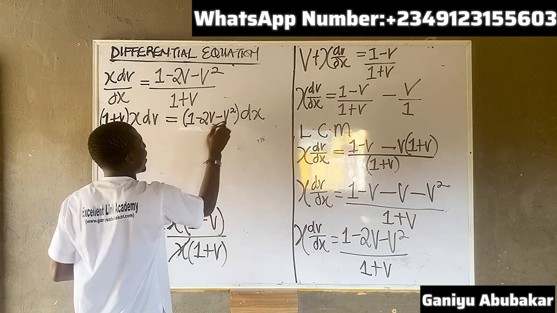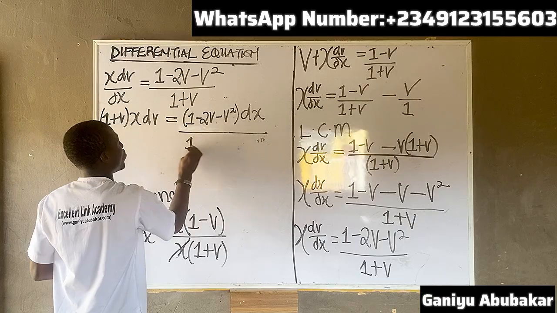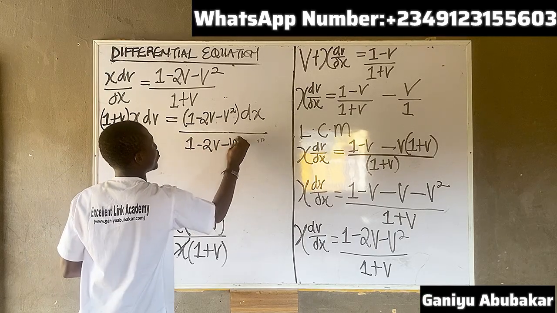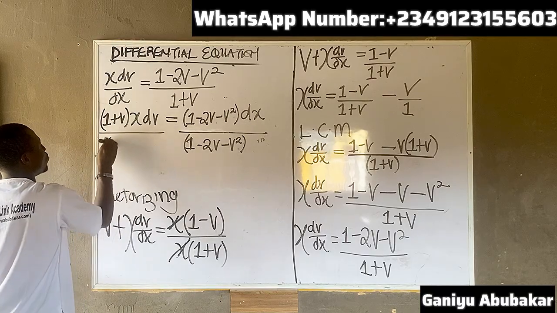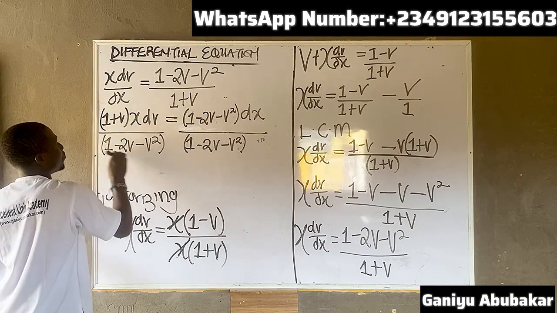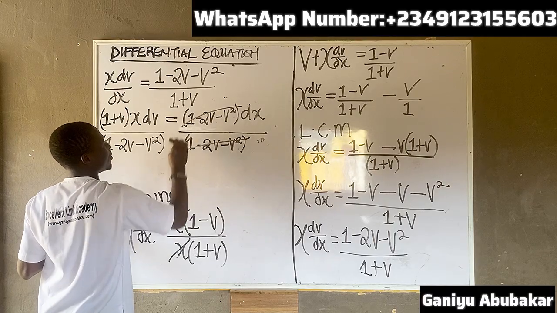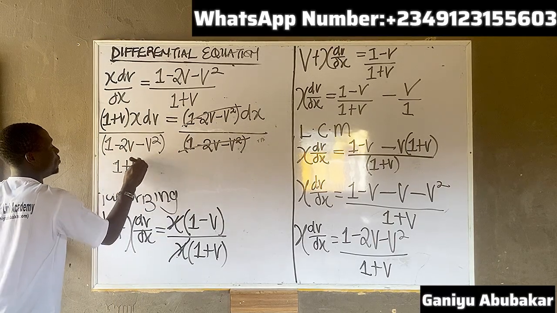I'll divide also by 1 minus 2v minus v squared. What happens here? This one will cancel this. I have 1 plus v